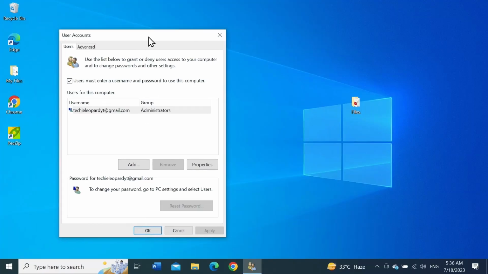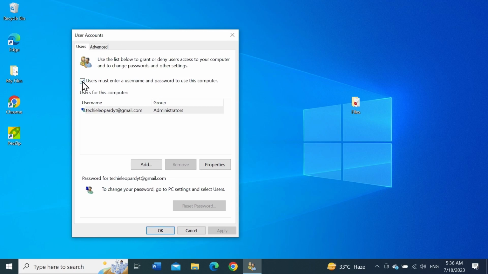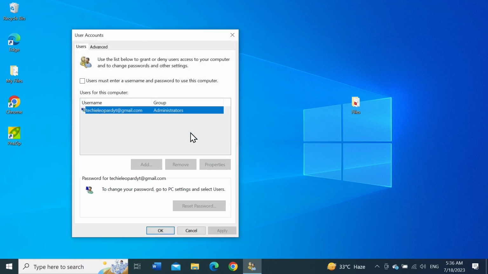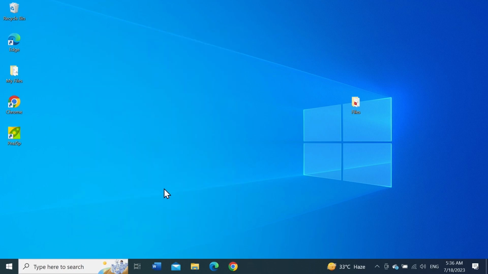Now in here uncheck this box, just click here to remove the tick and then click on Apply. In here just click on OK and then click on OK. This will remove the pin from your Windows computer, and now if you want to try to log in again, you will see that no pin is required. And that is how you can remove the pin from your Windows 10